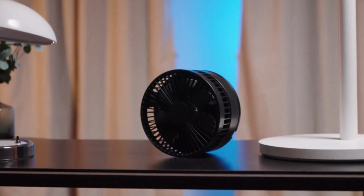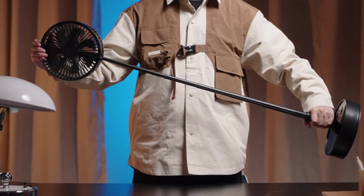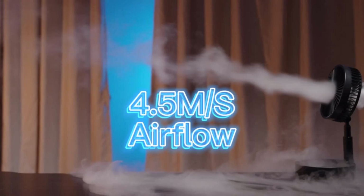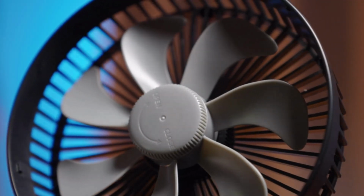Tired of lugging around a bulky fan just to stay cool? Check out this foldable fan. The height of the fan is adjustable, so it is easy to direct airflow to your target location. Designed to deliver mighty yet gentle airflow as pleasant as natural breeze, this foldaway fan comes with 7 premium fan